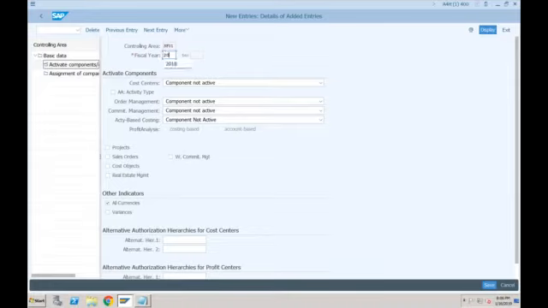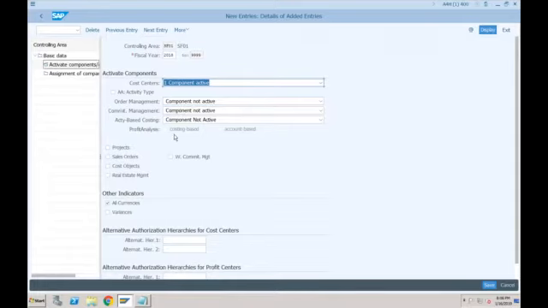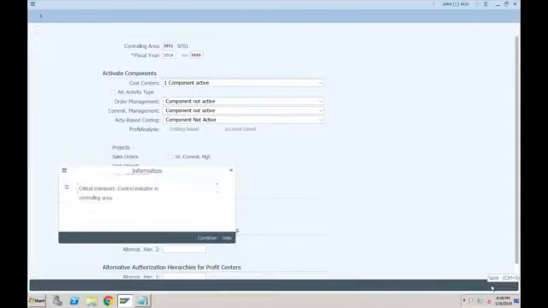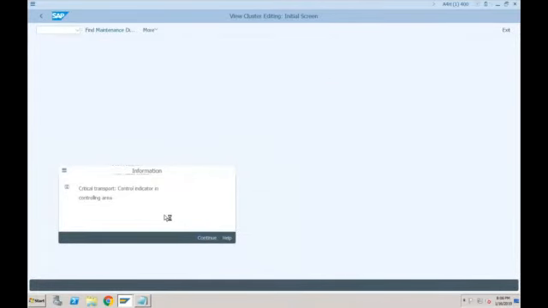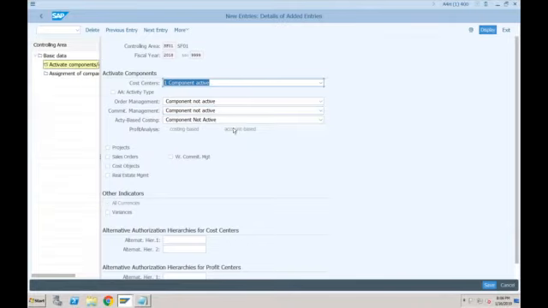So I'm doing this from 2018. Okay, and as of now, let's say I'm just activating the cost center accounting component. All these components I'm not activating as of now. So just click on save. The common thing, even in ECC also you'll get this indicator. Okay, so the controlling area has now been created and it has been assigned to the company codes and even the components are now active. Okay, let's go to the next one now.